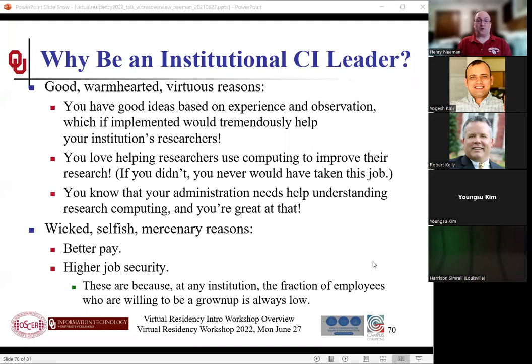It's better job security. Again, the person who, and by the way, many of you may have experienced this in a relationship. I've experienced it, honestly, from both sides. When you're in a relationship, it's fine to be an adult in the relationship. It's exhausting to be the only adult in a relationship. The same is true in your work. It's fine to be a grown-up in the room. It's really hard to be the grown-up in the room. But that's what your institution needs. And frankly, that's what the researchers need. And that's how you're going to create job security for yourself, by being willing to be a grown-up.